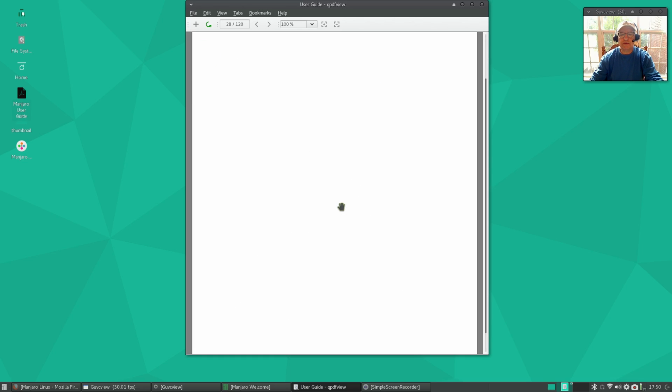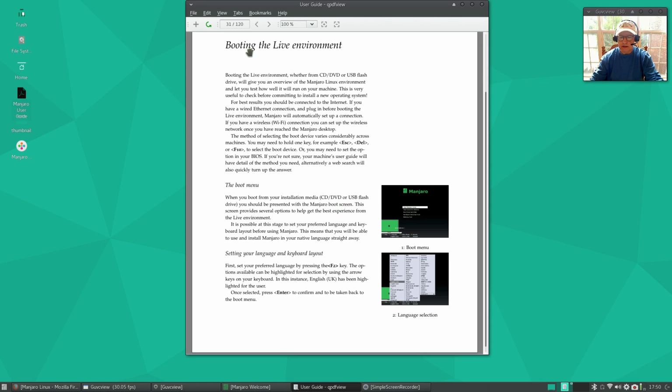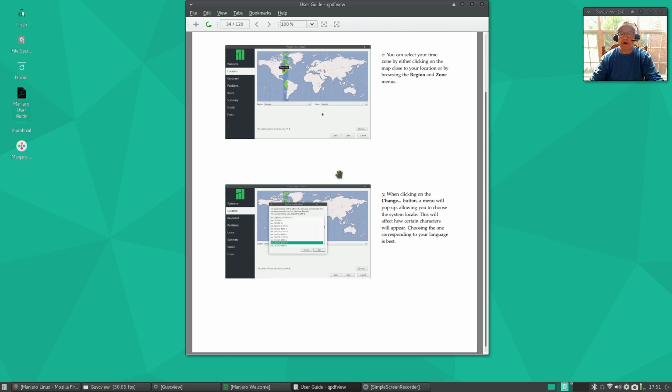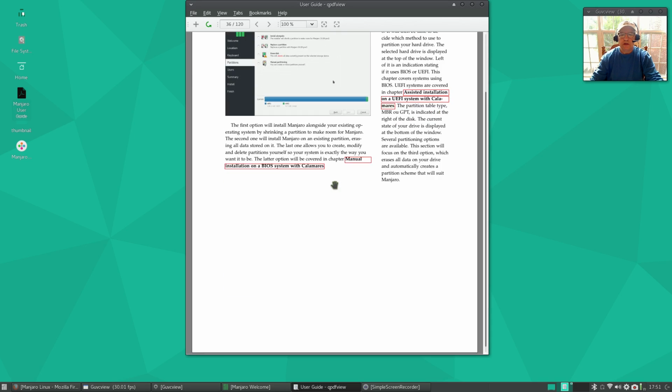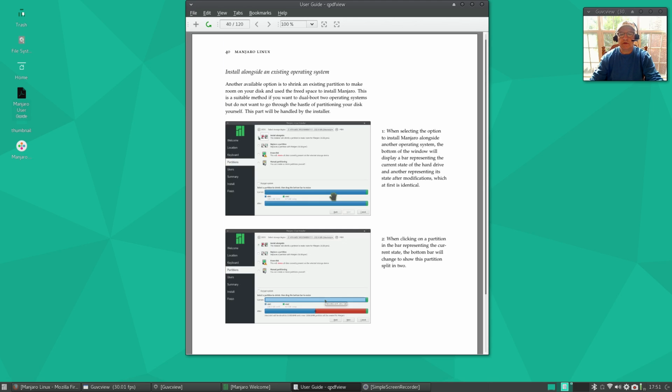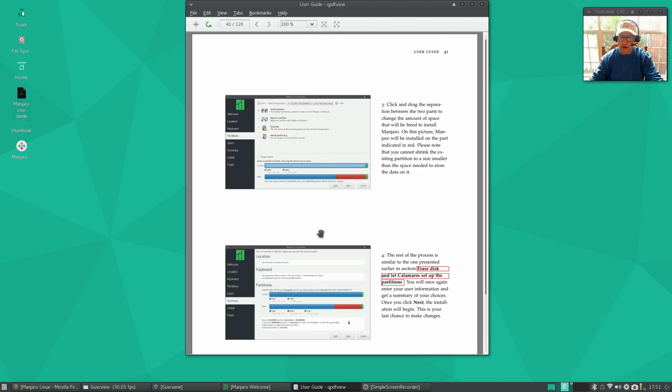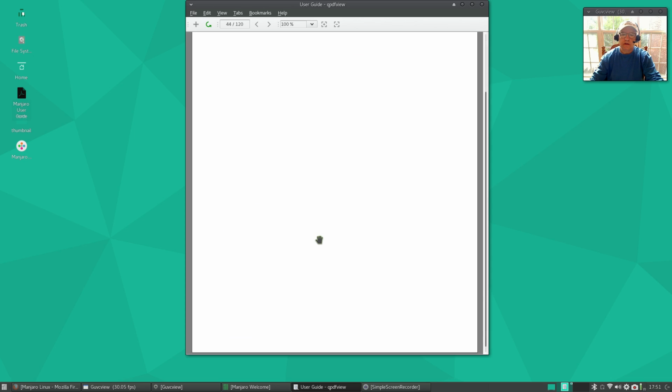So it takes you through not only the installation, but booting the live environment, installing with Calamares. It holds your hand all through the process, including partitioning, and will get you